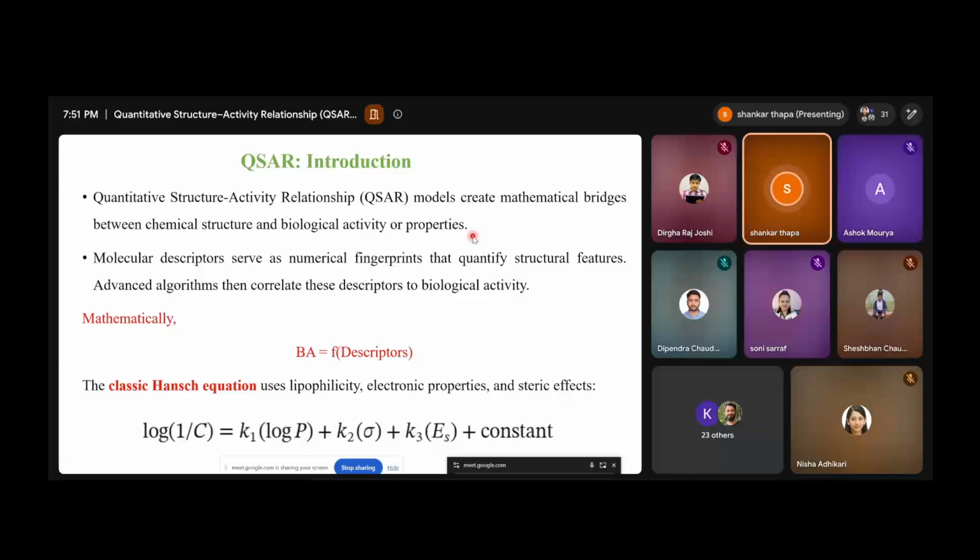So we can also find out the structural relations to the toxicity. Which part is contributing more to the toxicity of that particular compound can also be derived from the QSAR equation. But our main focus of this webinar is not the toxicity but the biological activity, which helps to cure the disease or give a response to the body. So there are simple mathematical equations to understand the QSAR.